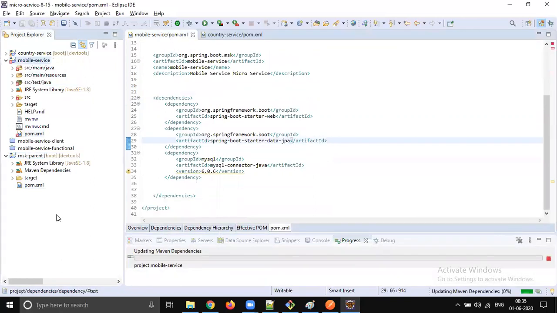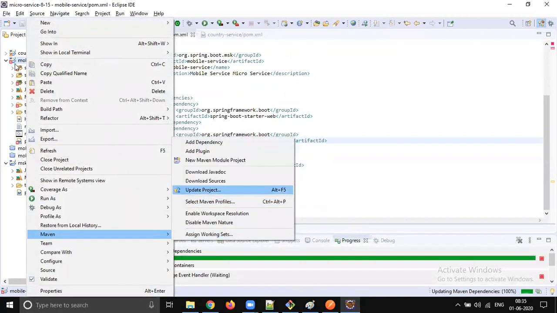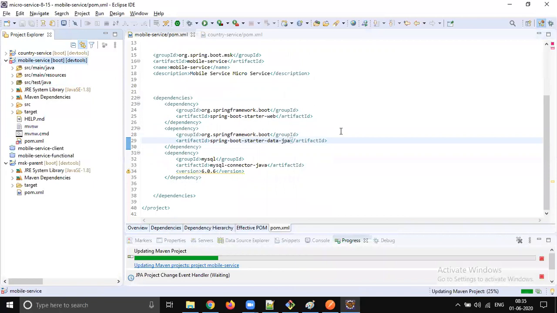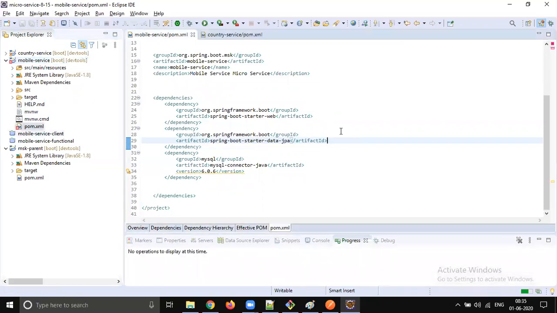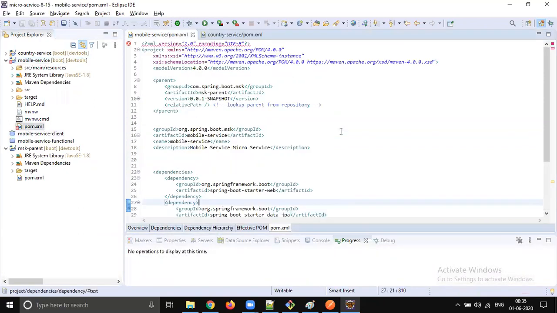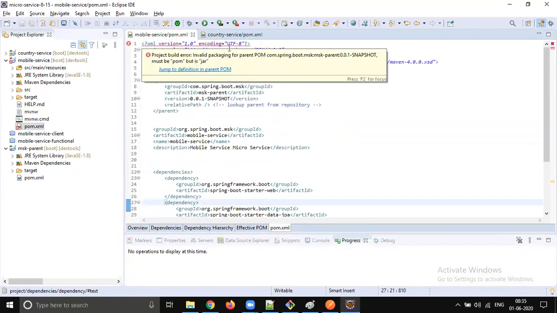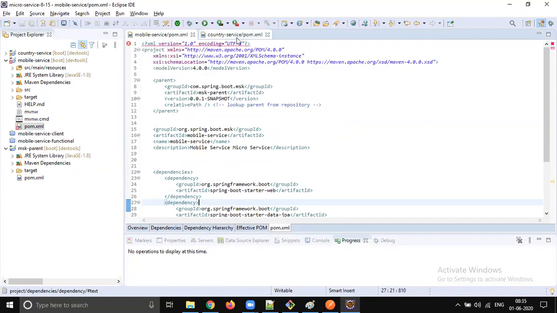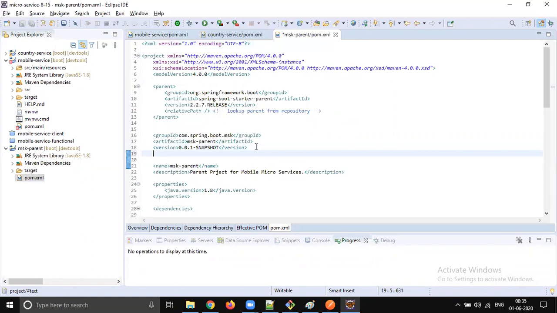Let's do the same kind of operation here also. Maven, Update Project. It will take some time to update the project. Once the update is done, it won't show any error. What is the problem? Invalid packaging. Oh, I got it. In the parent, we should package it as pom.